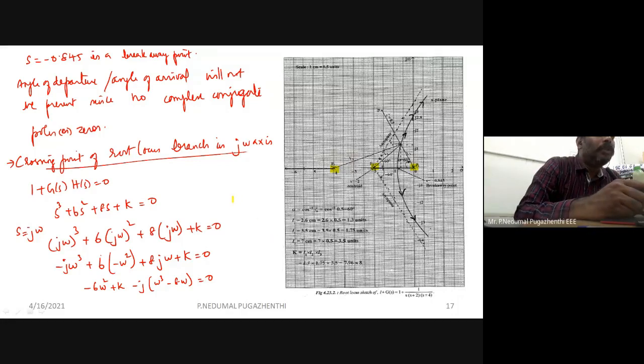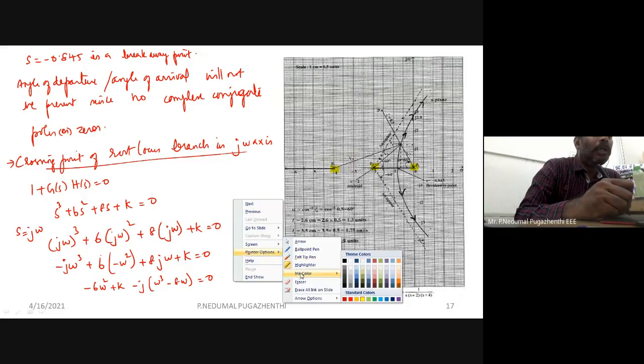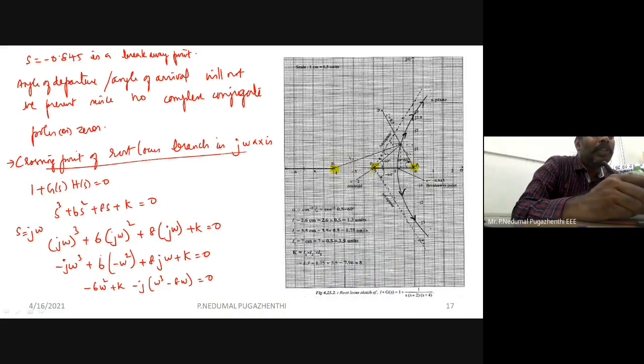Okay. Let me choose another highlighter color so that I will be able to identify. Okay, the same is your sigma a. Sigma a is your what is that? Your what is that? Centroid. Okay, there is -2 is there, and also you can see that this point is the breakaway point. Okay, what is the point actually? The point is this is your 0.845. 0.845. I think you can zoom that in your mobile screen and you can visualize that.